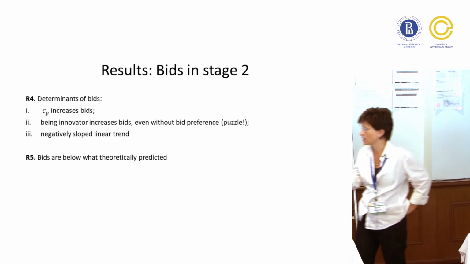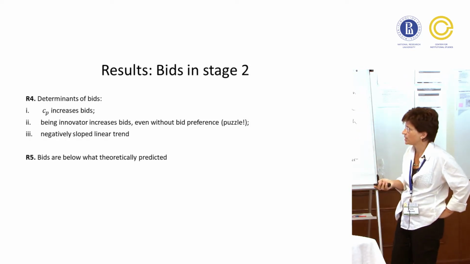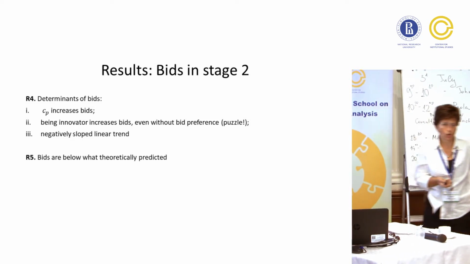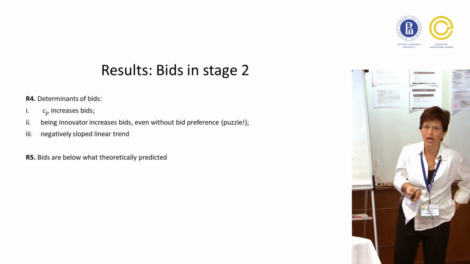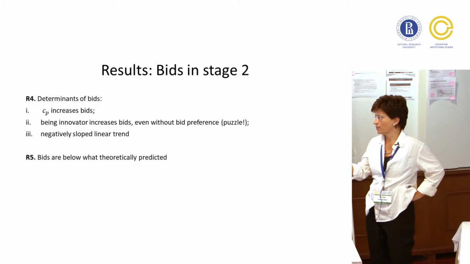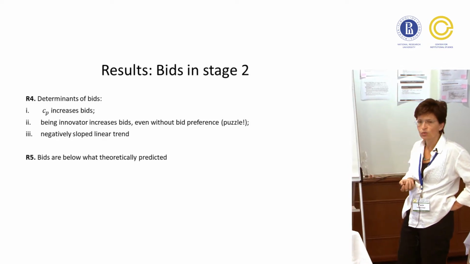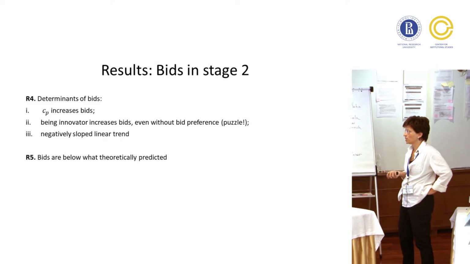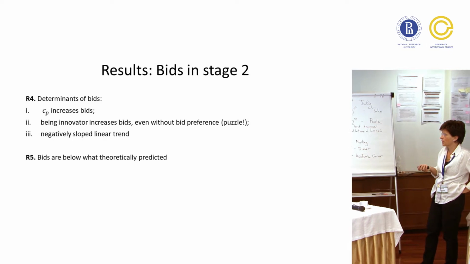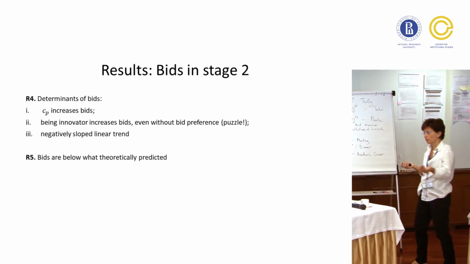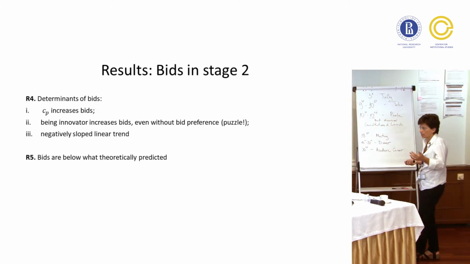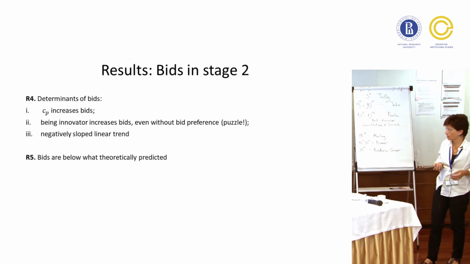And you can see this here, the parametric analysis, but I want to move to the results and the puzzle about sunk cost bias, and then we can discuss, or if you have questions. So we have these results which are somehow puzzling, because it seems that bid preference does not affect the winning bid. And if you have a procurement of innovation compared with the unsolicited proposal, you will end up with a higher winning bid.